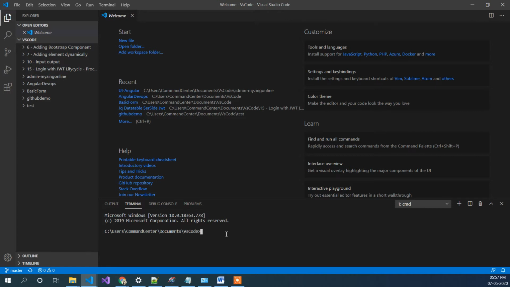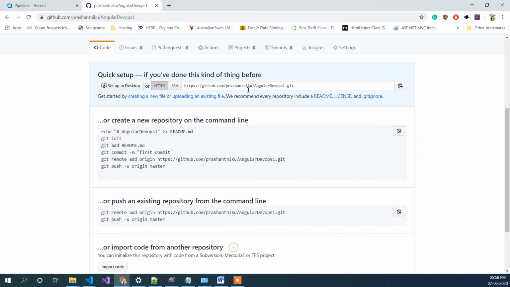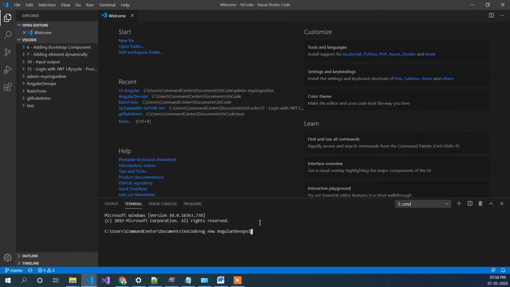Inside the terminal, I will fire a command called ng new, with the name which we have defined in our repository. That is going to be Angular DevOps 1. So VS Code, yes, and ng new, and click enter.